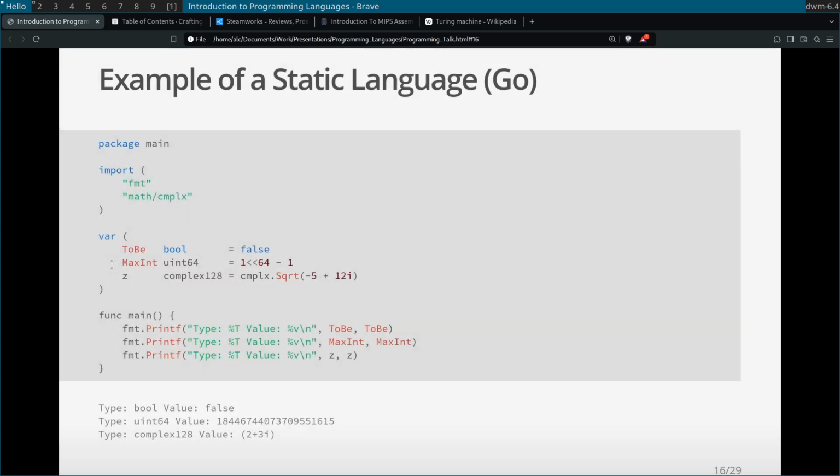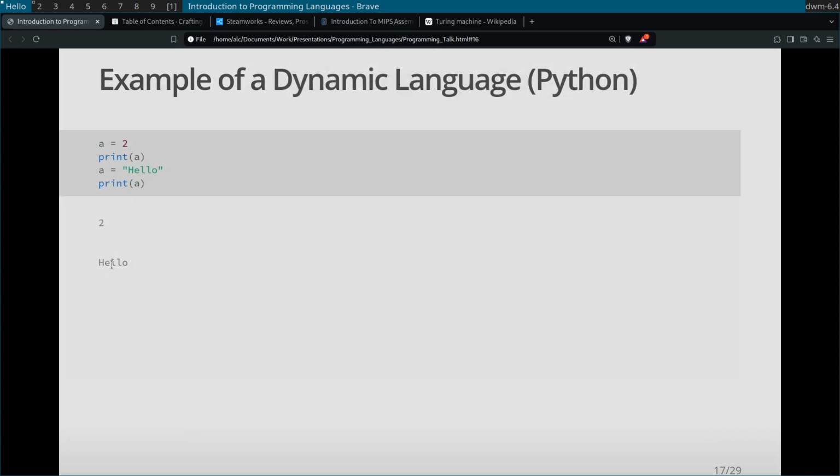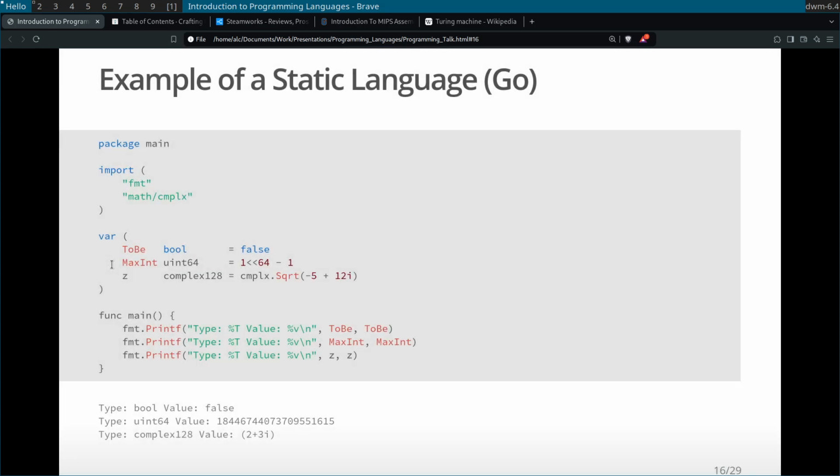Now, what are the advantages and disadvantages of these? Well, in my opinion, there are a lot more advantages to the static language because you know exactly what you should be assigning to a variable when it has a type. You cannot assign to b the string hello because the compiler will yell at you, because b is a Boolean and a string is not a Boolean. You probably don't want to pass a string into something that's expecting a Boolean because it will either be undefined behavior or just not compile at all.